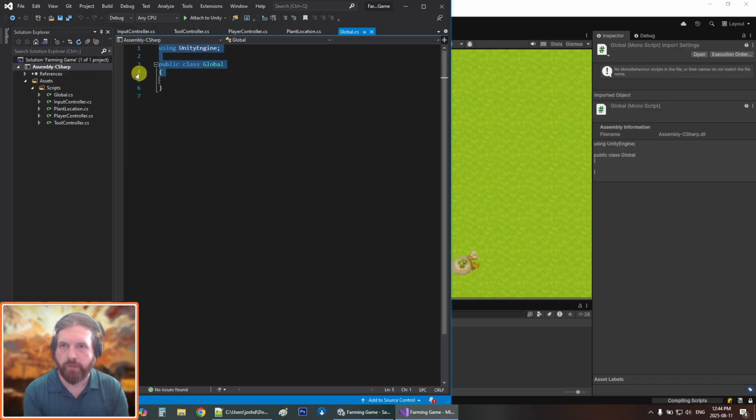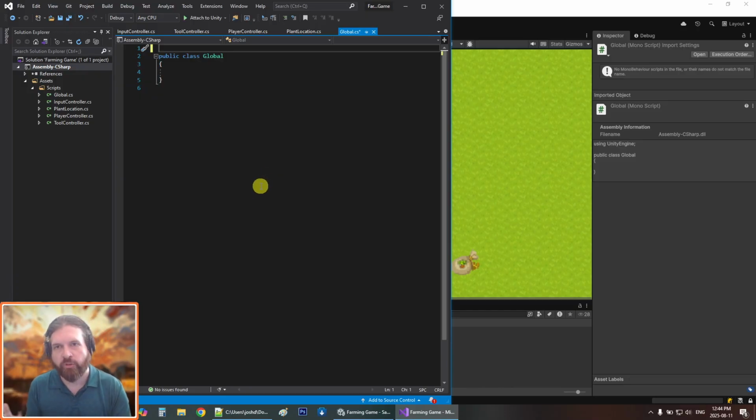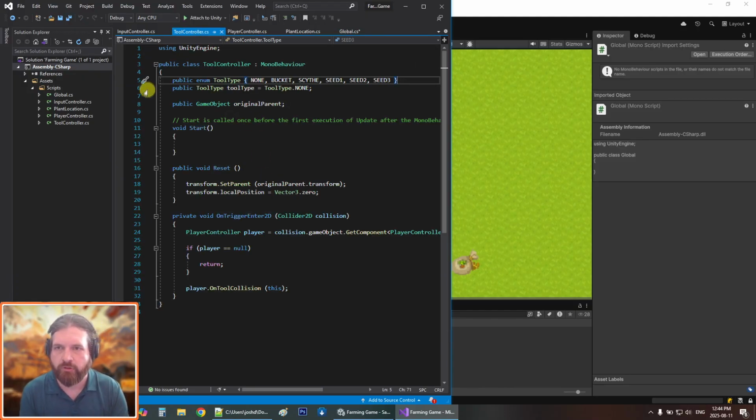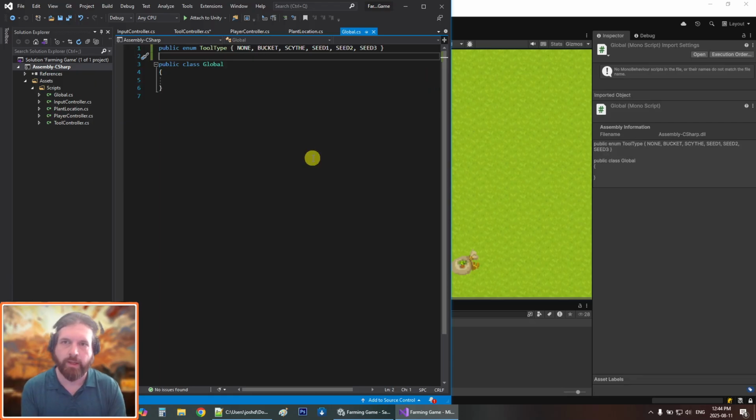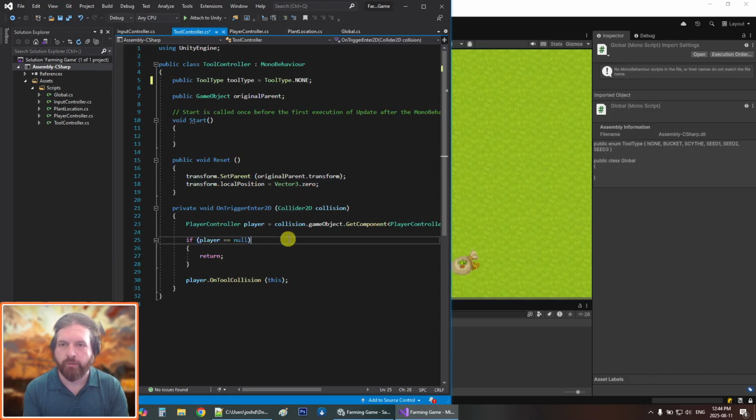And basically, this is going to be a little bit of a different type of script. This isn't something that we're going to attach on a game object or anything like this, but instead, we're just going to take this value here, this tool type, and move it into global. I think we want it to be outside of the class definition. And so by putting it here, the tool type should still be visible to everybody, so we can see that our tool controller still knows what a tool